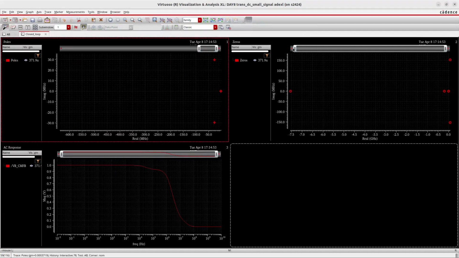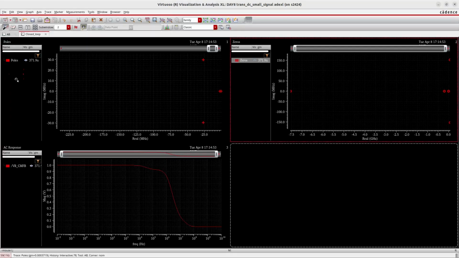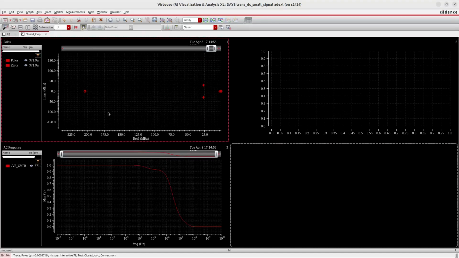And the total gain is 1, and it has a bandwidth of around 1 megahertz. So it is settling quite quickly. I check the position of the poles, and actually I can drop the zeros also in the same plot, because very likely some of the zeros are going to fall over the poles, and then